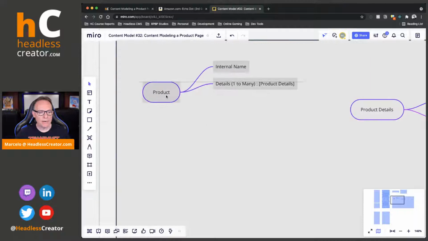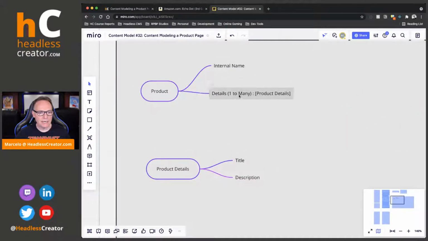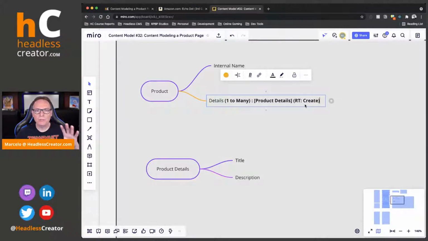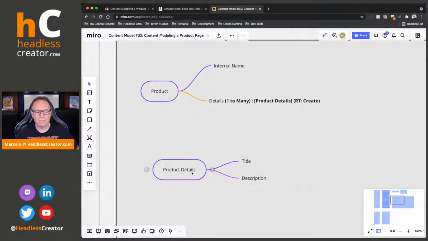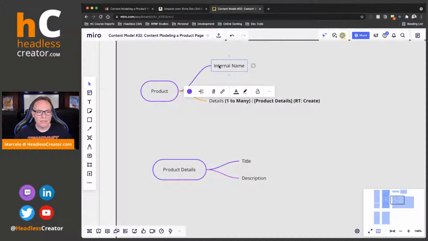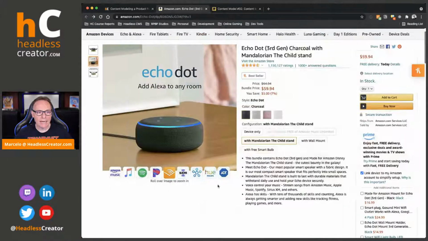Okay, so what happens now? What does this really mean? Well, let's do our standard, which is orange because it's a reference. And then we're going to say this is going to be the relationship type, which is going to be create. We're not going to do reusing. You could do reusable, but in this case, we're not really reusing this because the product details is going to be only important in the context of product, right? So for example, we can create an internal name, and in this case, we'll call it Echo Dot,